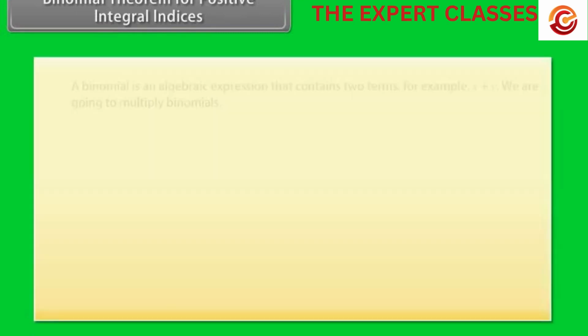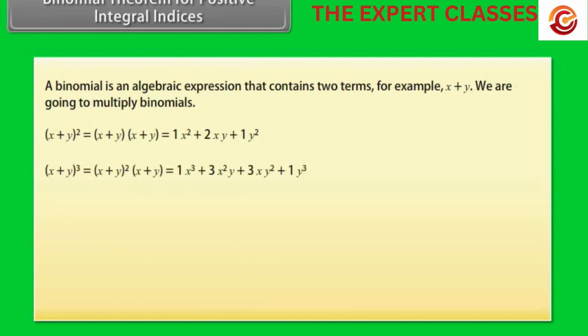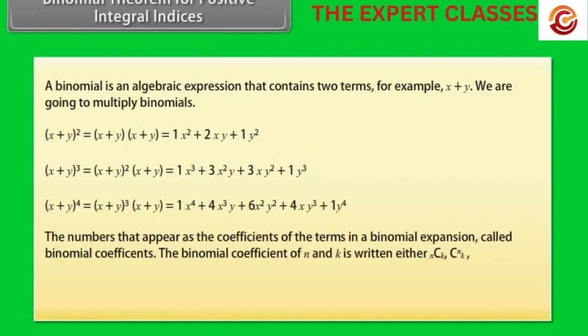Binomial theorem for positive integral indices. A binomial is an algebraic expression that contains two terms. For example, x plus y. We are going to multiply binomials. The numbers that appear as the coefficients of the terms in a binomial expansion are called binomial coefficients. The binomial coefficient of n and k is written either as